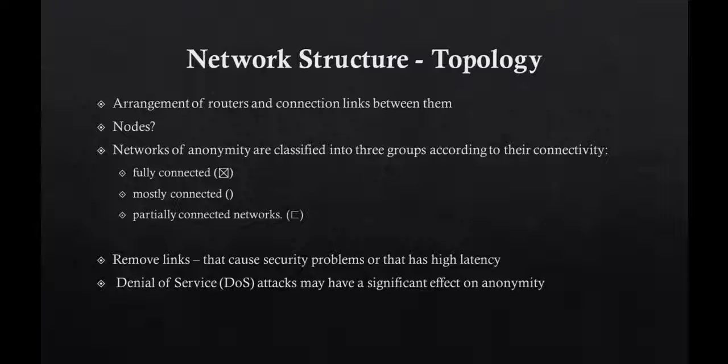On the other hand, removing links may cause security problems, such as linking two nodes from the same IP family that could be easier to control by an attacker, but may be advantageous to anonymity. The same holds for removing connections, which would cause higher latency, which in effect would boost the efficiency of the device. Higher network topology connectivity leads to a greater tolerance to node failure, such as DoS attacks, that may have a significant effect on anonymity.